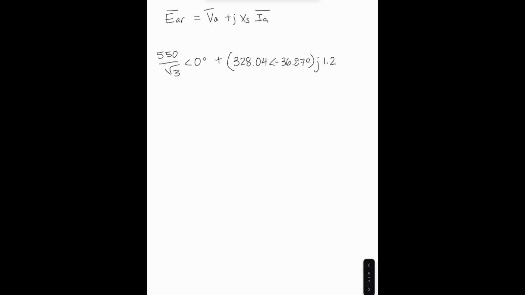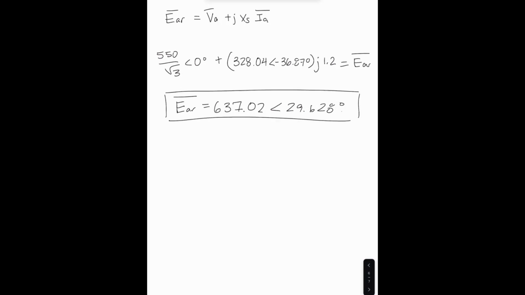And so if we solve this all out, this will be equal to this. We get that the excitation voltage is equal to this. And it did ask us for delta. What's delta? This angle. So delta will be